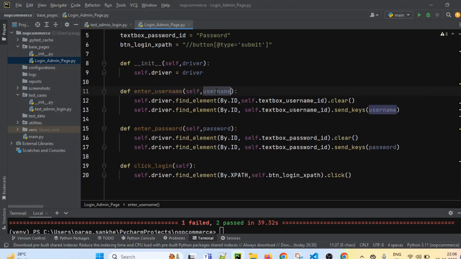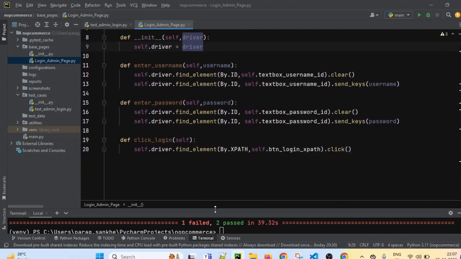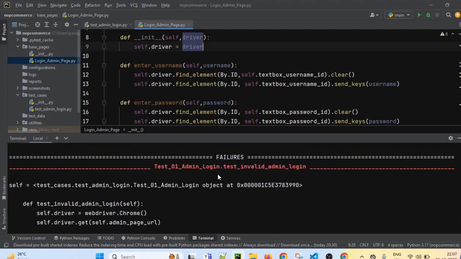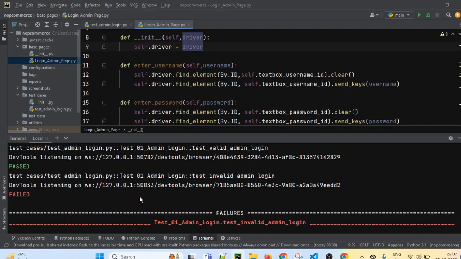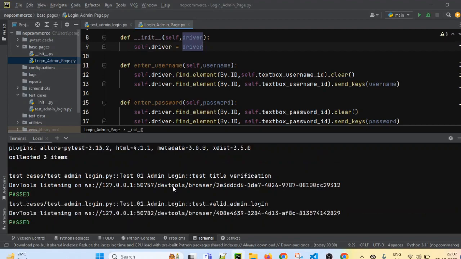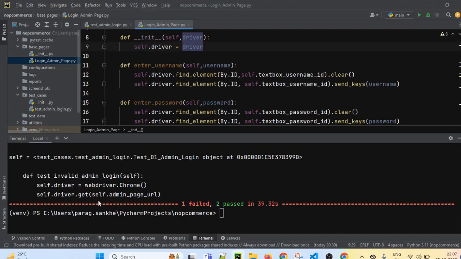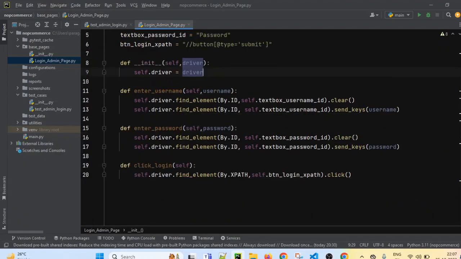That value should get passed here. Let's execute one more time.